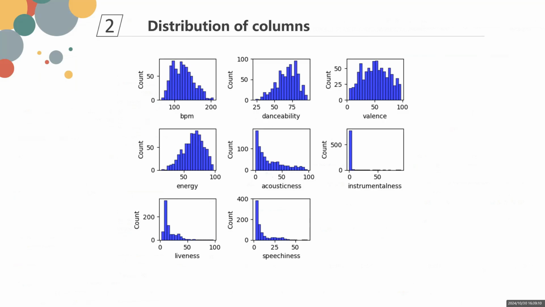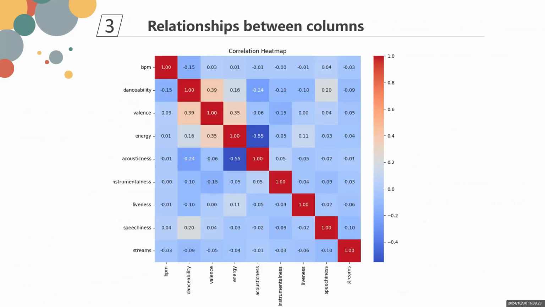And you can see that the higher energy sounds are more common, and the sounds with low acousticness values also tend to be more common. Then we draw the heat map. You can see the three groups with clear correlation. The first one is valence and danceability. There is a moderately positive correlation between valence and danceability, suggesting that the happier or more positive sounding songs tend